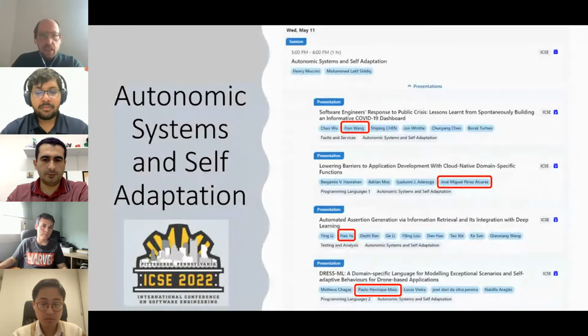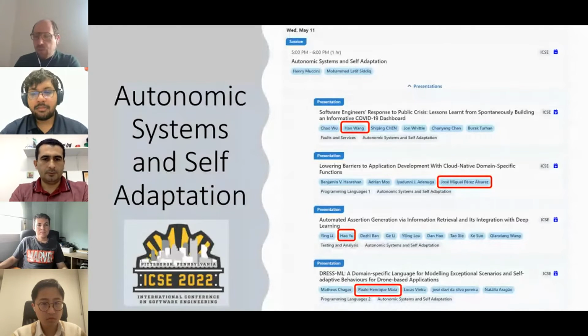So, summarizing the four papers, they are quite different, but I think we have been good at finding some intersections between them that were not immediately visible. The first paper is about the experience in creating a dashboard for COVID-19, its users, and the difficulties, especially in an emergency situation.